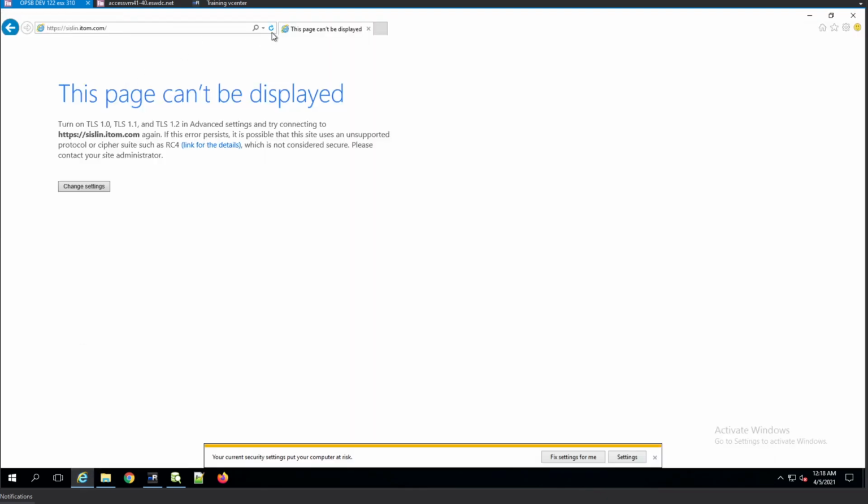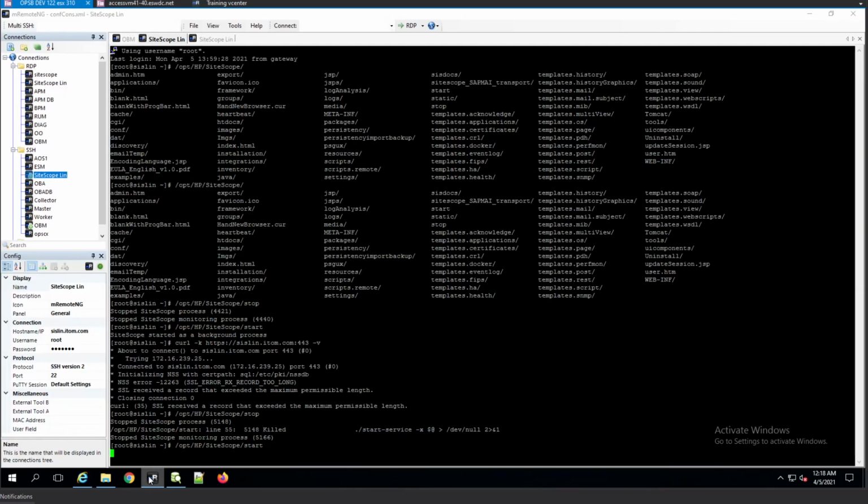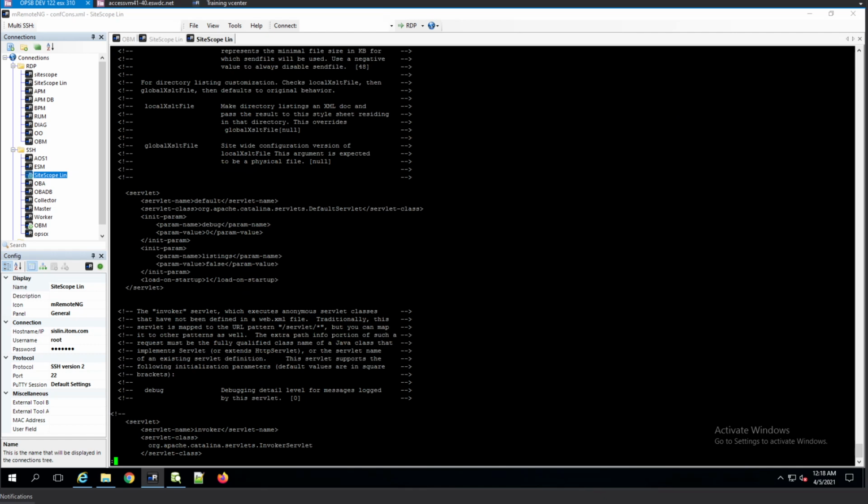Let's see how it responds. Practically the same thing. Probably I did not find the right place to configure the HTTPS, right? I'm gonna say actually